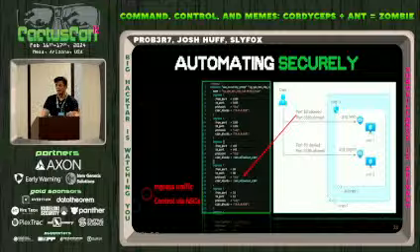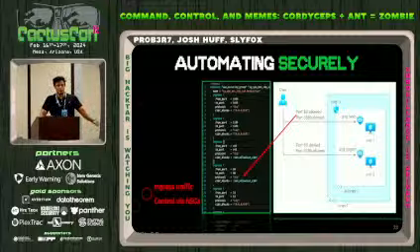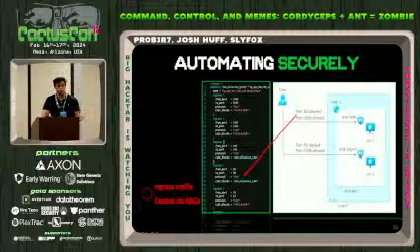So I want you to keep in mind that what you're seeing is a security group definition. And in this security group, this is for a C2 redirector, so we're allowing HTTP, HTTPS traffic, DNS traffic, but we are blocking any other traffic like RDP, SSH, because there's no need for that.